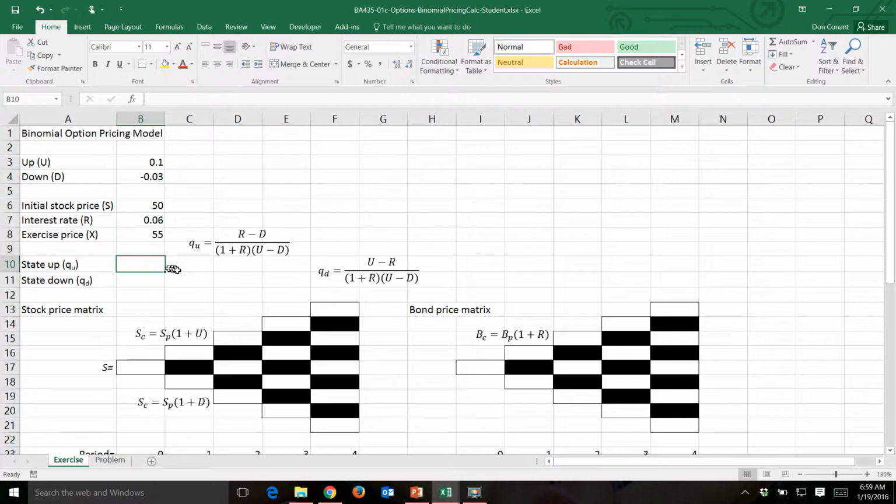We have the formulas here. Q sub U equals R minus D over 1 plus R times U minus D. So let's go ahead then and construct that equation. We'll go ahead and equals. We want the numerator first, so I'll get that quantity. It's going to be R minus D